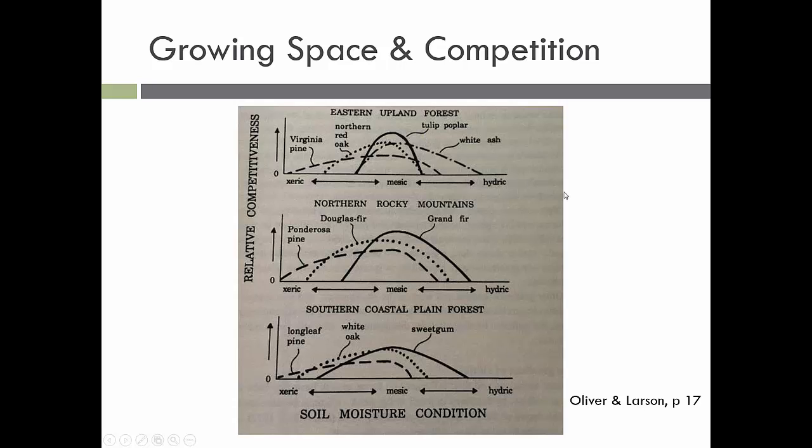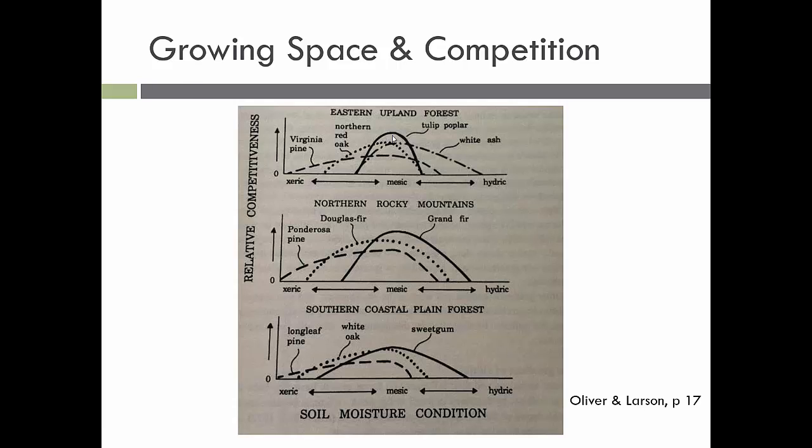So let's look at some of these other species that may be in an eastern upland forest or somewhere in the southeast. So we have Virginia pine, and we see it has a huge range of tolerances, right? And where it grows best is these mesic sites. However, tulip poplar grows even better, so it's able to